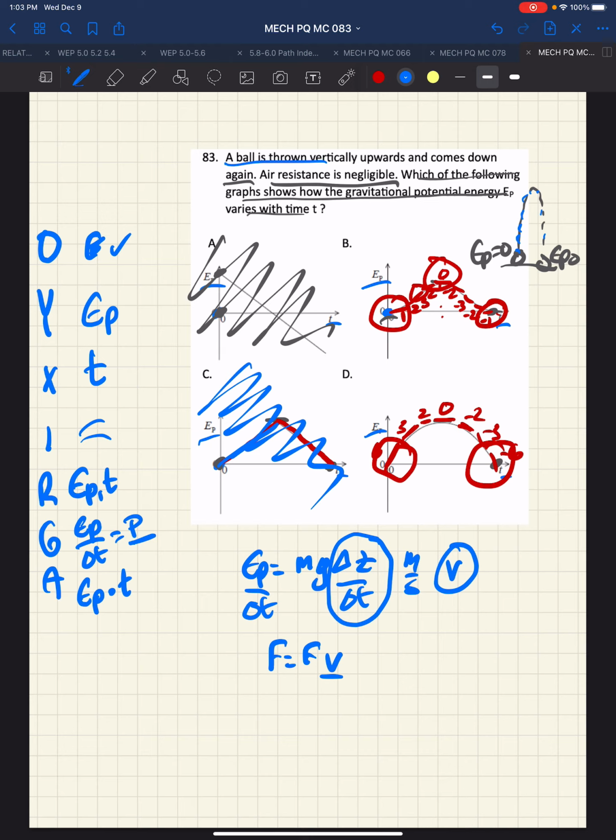And if we look at choices B and D, they have opposite statements about the beginning. Well, when you throw an object up, it has its highest velocity, and then that velocity decreases to 0. The velocity doesn't increase and then decrease again on its way up. And so that is why choice D is our best